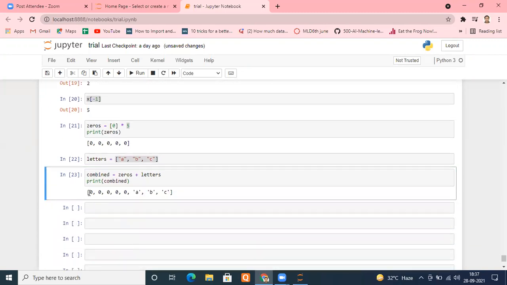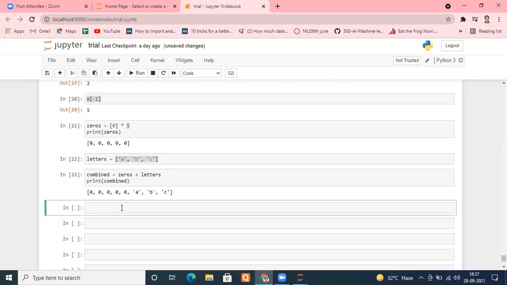Let's check. Is it fine, everyone? Yes, sir. Great. Now one more thing. Suppose somebody asks me to generate numbers from, let's say, 0 to 100 and place them inside a list. You never know, it may be a requirement to generate numbers from 0 to 99 or 0 to 100 and place them inside a list.